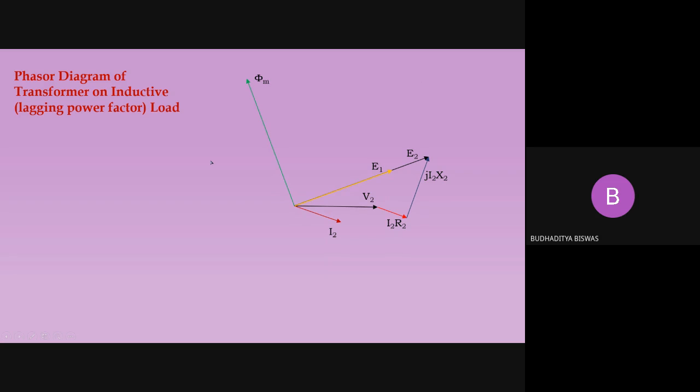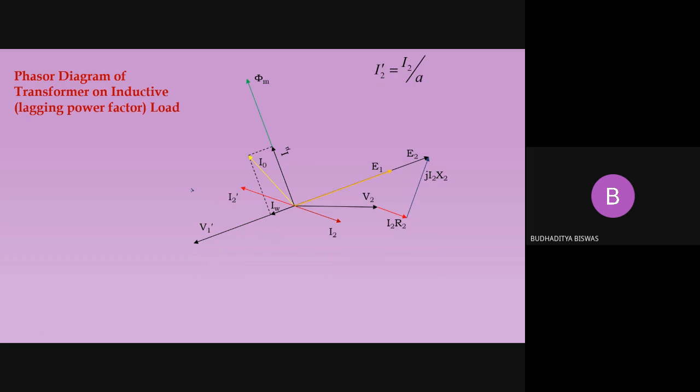After that, we need to find the voltage applied across the winding only. This is nothing but the extension of E1 in the reverse direction, because E1 equals minus V1 dash. Then, on the same axis as V1 dash, IW should fall. On the phi axis, I mu should fall. If we take the summation of I mu and IW, we get I0, which is called the no load component of the current.